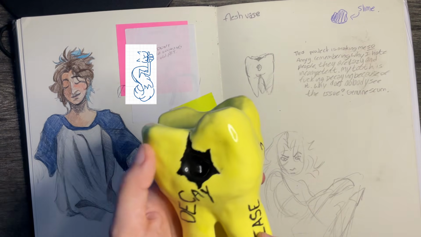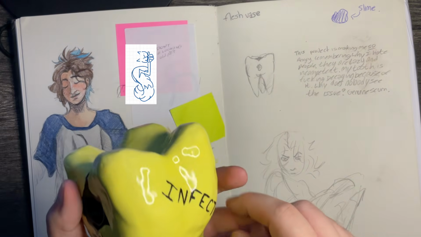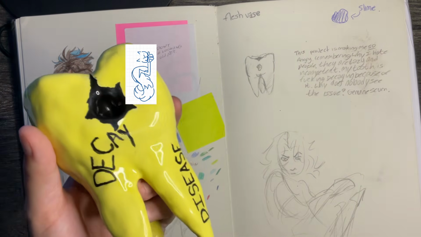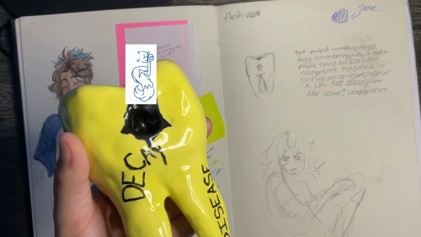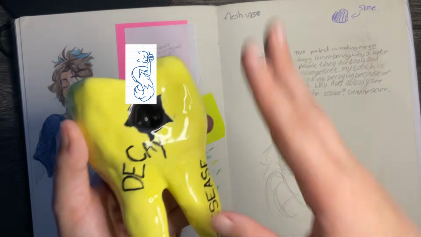But mainly this, and it was supposed to be just yellow with this cavity in it, and then my art teacher was like, well, it's not college level, you have to add stuff to it, and I was like, brother, I don't want to do that. She was like, add words. I was like, brother, I don't want to do that. She was like, add words. I was like, okay, fine.